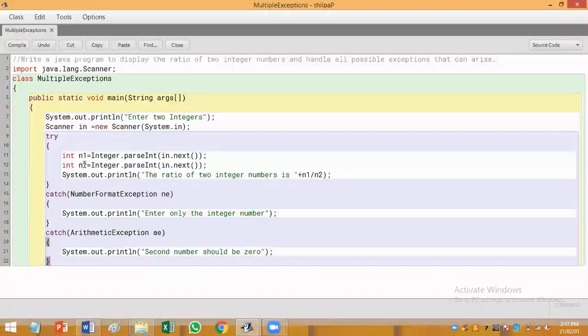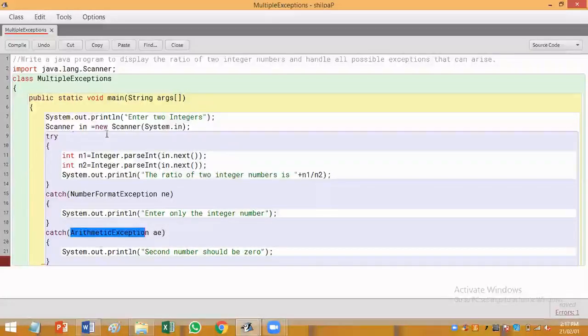See, in this program, we are trying to read two integer numbers. So that reading operation can raise an exception, that is NumberFormatException. We have handled that NumberFormatException manually. And while performing the division operation, that means while calculating the ratio of two integer numbers, an exception can be raised, and that has also been handled here in the catch block.